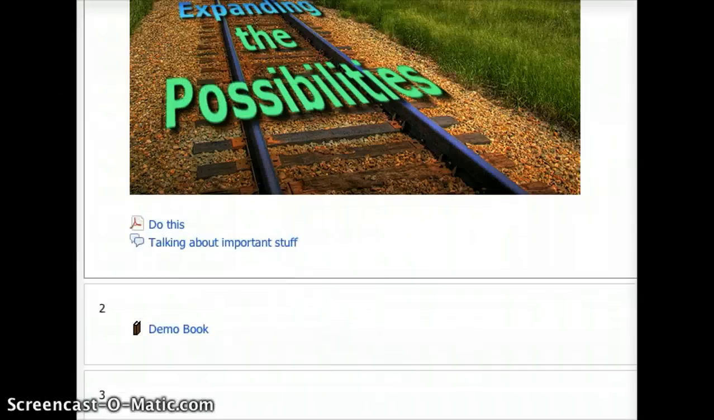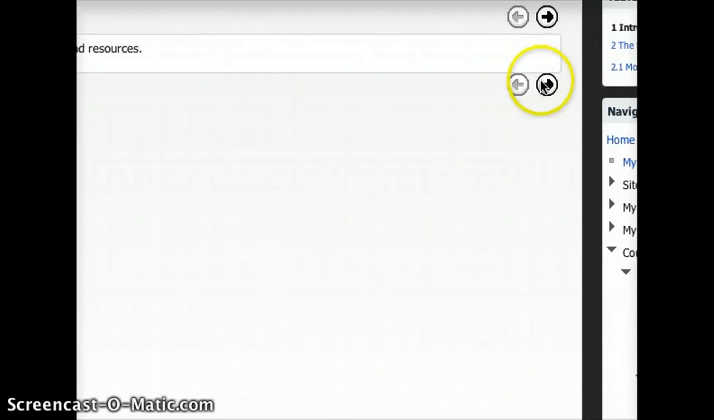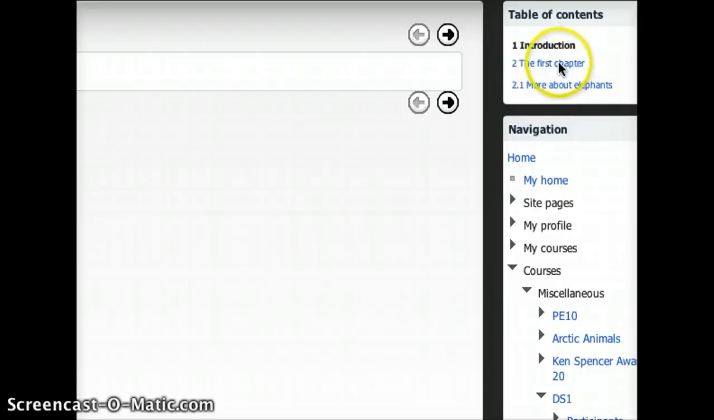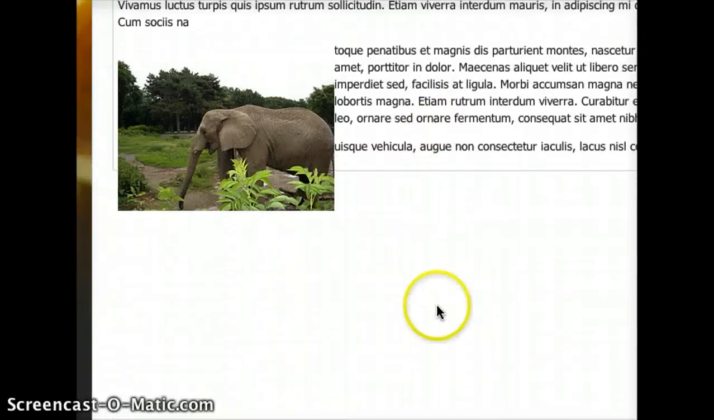And you can see right here I've got, with a book icon, it says Demo Book. When I click on the Demo Book icon, it takes me to the first page, which is Welcome to the Book About Books. Inside you'll find links and resources. I have the Next button lit up, the Forward button, which should take me to the second page, which is called the First Chapter. So I can either just click First Chapter here, or I can just click the Next button here. And when I do, it takes me to the elephant page,